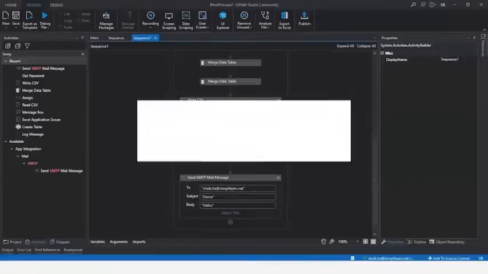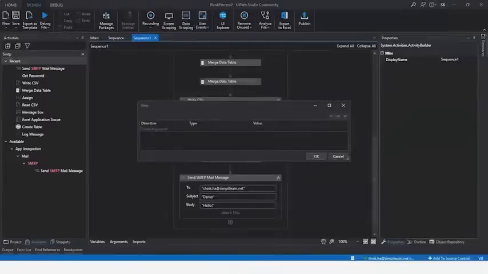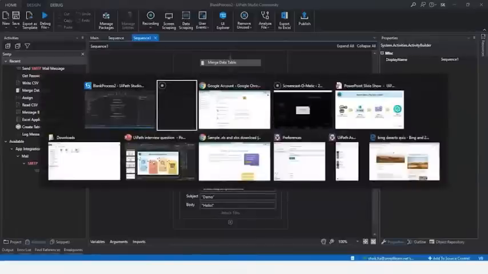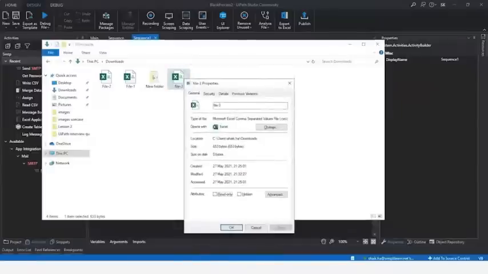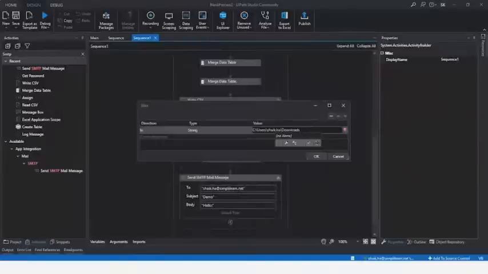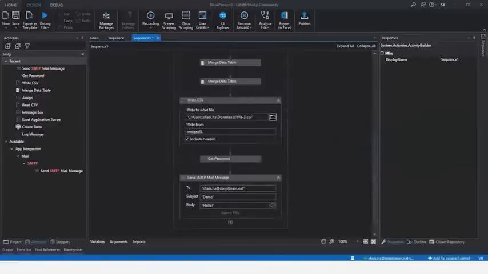Now let's attach the file which we have created. Copy the file location. So we'll go to the file and copy this file location. After attaching the file,